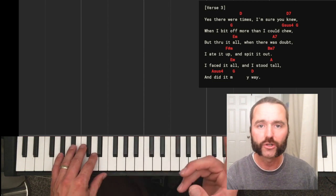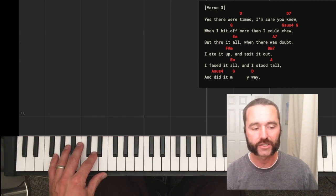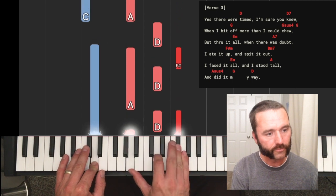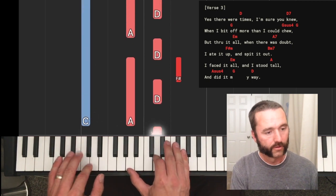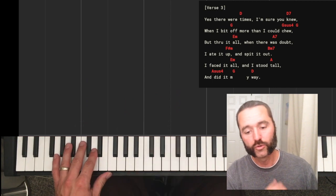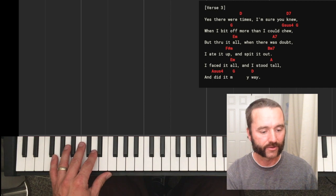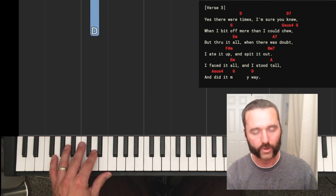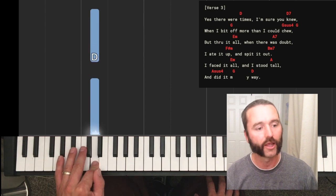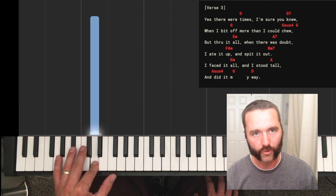So I want to show you something, though. Here's something you can do if you want to add a little bit more complexity in your left hand. Rather than doing whole notes, like that, okay? Do a pickup to 3, so you're going to go and 3 like that in the left hand. So 1 and 2 and 3 and 4 and 1 and 2 and 3 and 4 and, okay, like